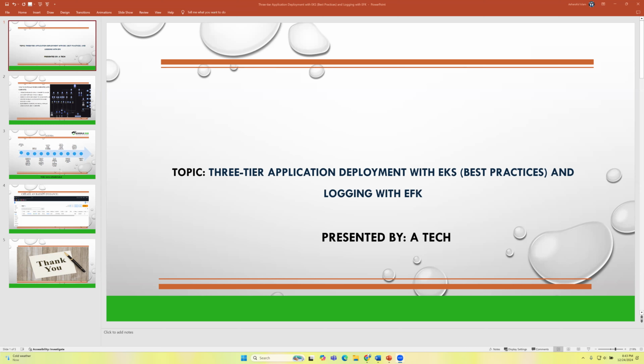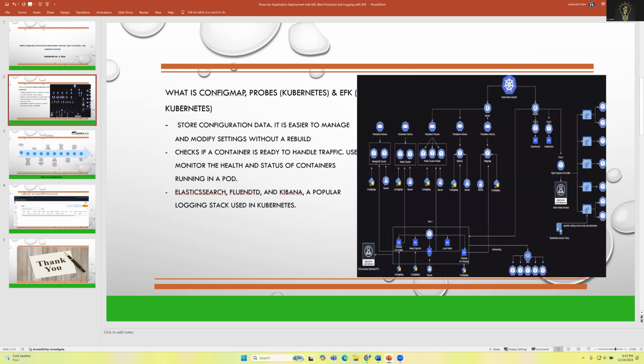So today our topic will be three-tier application deployment using EKS. This will be best practices, and we'll be using EFK logging. Moving on, this is the architecture for ConfigMap, probes, and EFK in Kubernetes. I'll talk about what ConfigMap, probes, and EFK are in